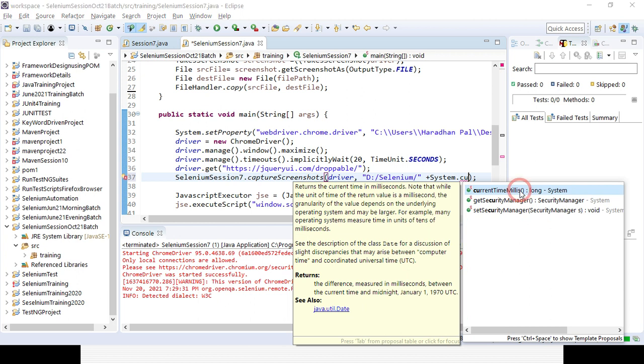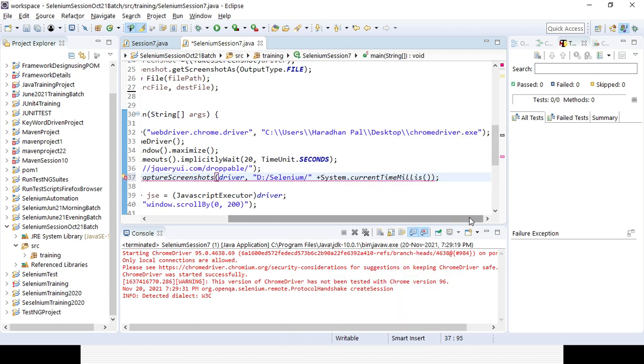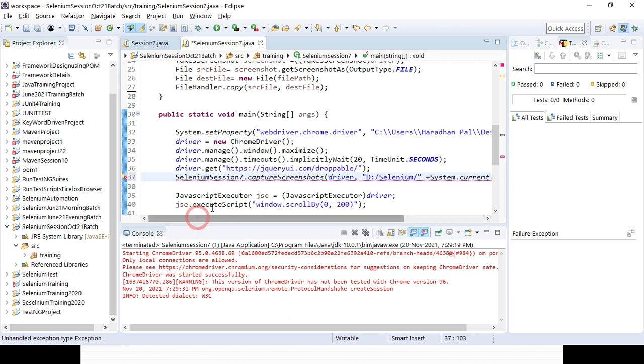Automatically it will take the system time, and then I can again concatenate the last part, either PNG, JPG or JPEG format. So dot png. That way I can capture the screenshot.